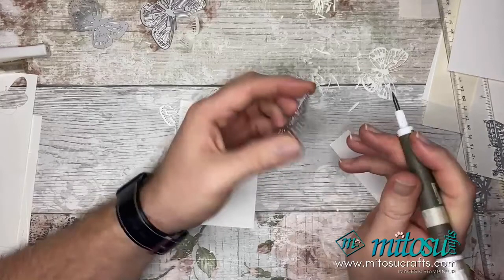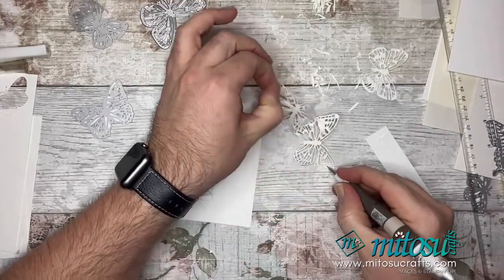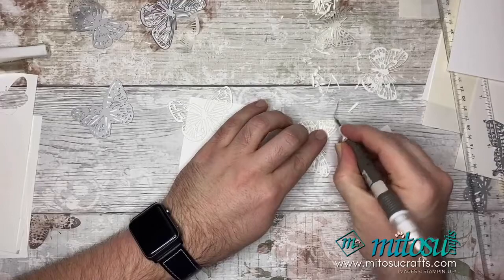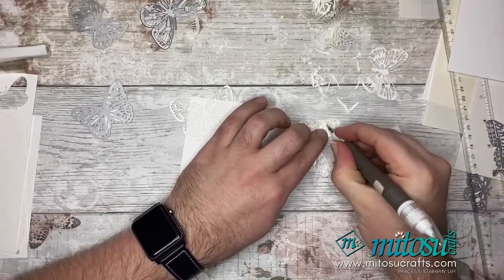So I'm going to test your theory out now, Steph. And take this backing paper off, and they do all pop out. Oh, how amazing. Or you can do this one here. This is the better way of doing it, because